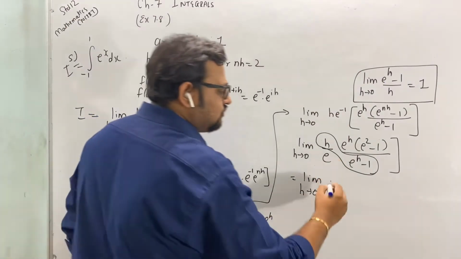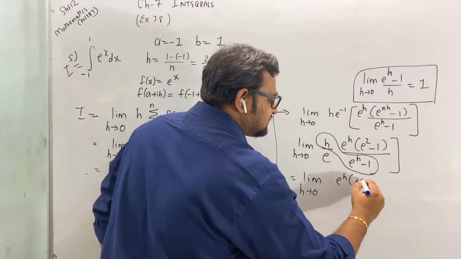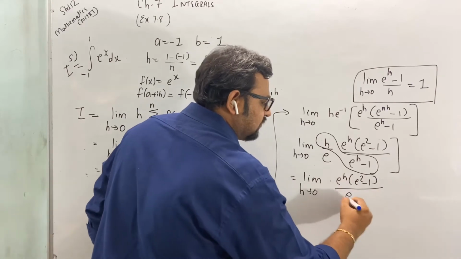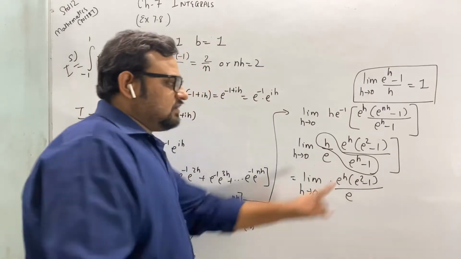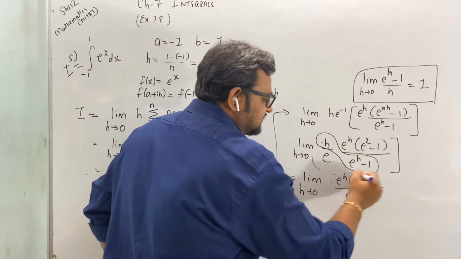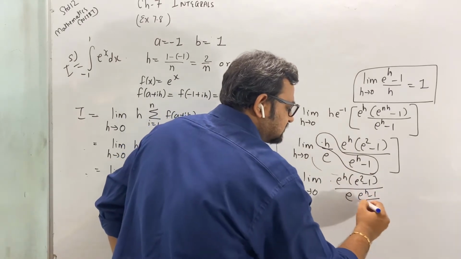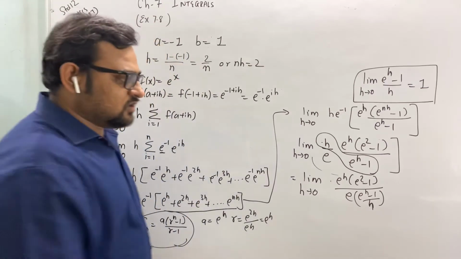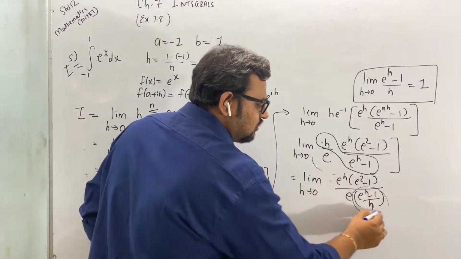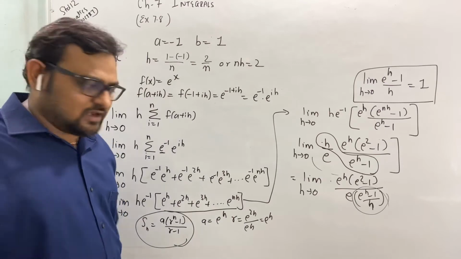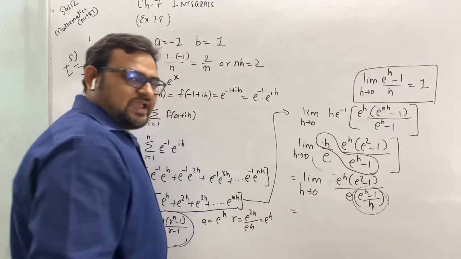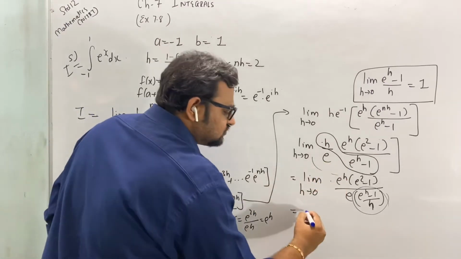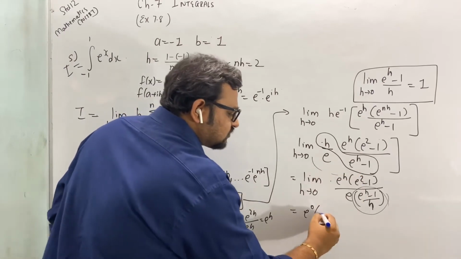So what I will do is e raised to h, e square minus 1 upon e. Clear? Now I will take this h here with e raised to h minus 1 upon h, so this will be equal to 1. Clear? And then putting the value of h, e raised to 0, e square minus 1